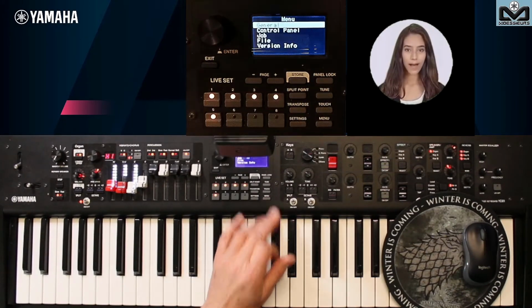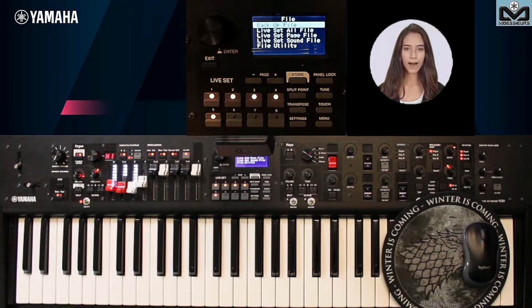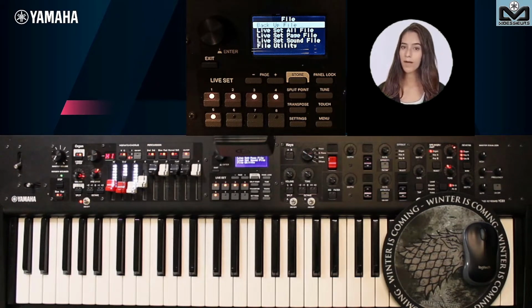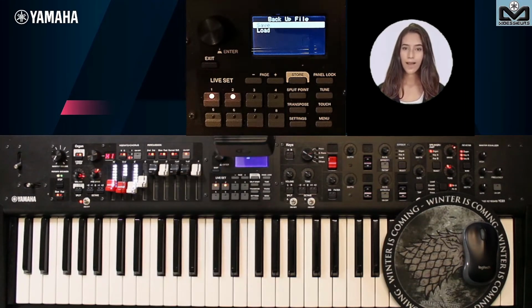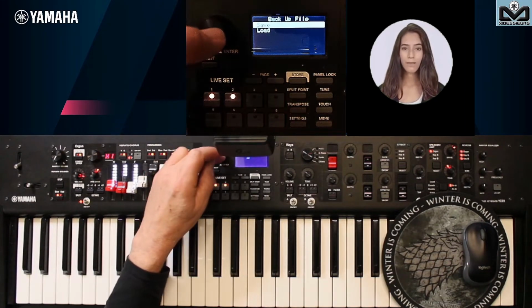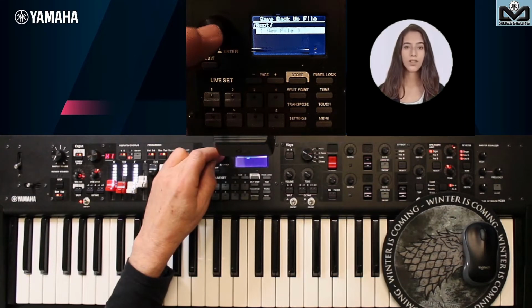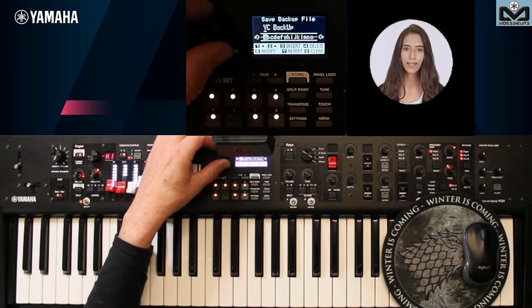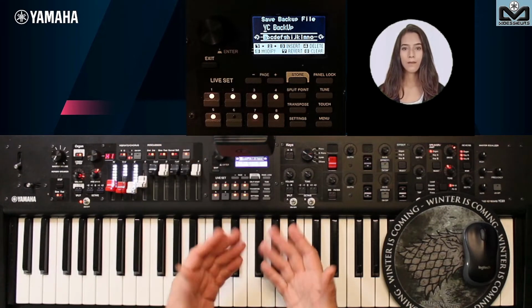Press menu, and then press 4 to go to file, and there, the best is to make a backup file that will save absolutely everything in your YC. It will save the settings that you have put in menu, and it will save all your live sets. We press enter and we press save, of course, new file, and by default it is called YC backup. Obviously you can change the name by putting for example the date, that is done easily, that takes just a little bit of time. Joel prefers to do it on the computer.